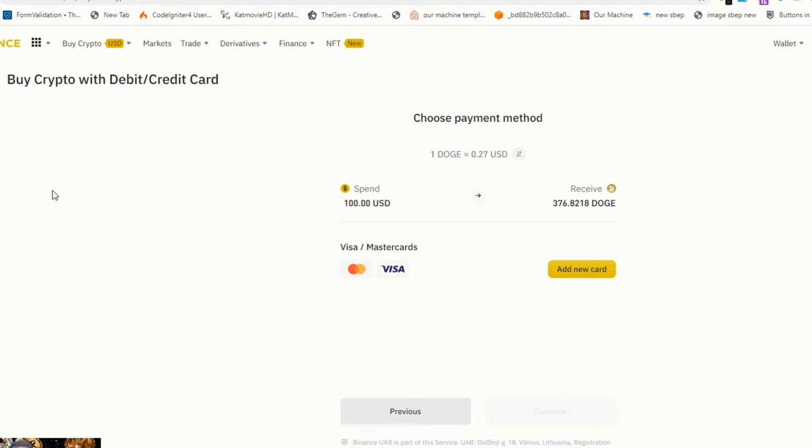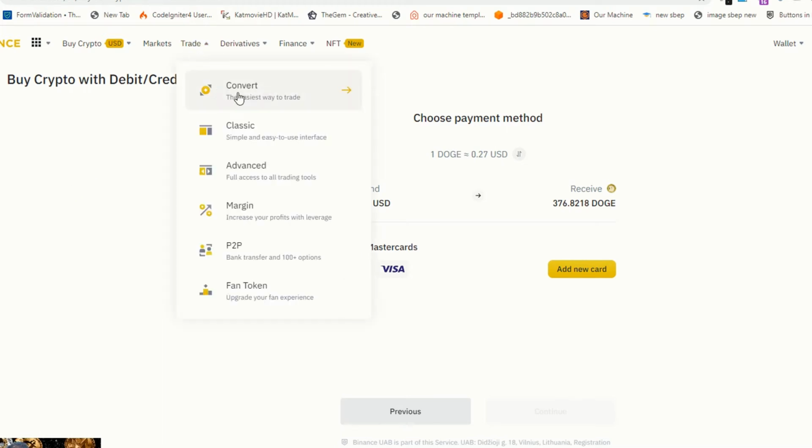You also have some options to convert your cryptocurrency. Let's suppose you have USDT, which is Tether, and you want to convert your USDT into Dogecoin. So how can you do that? Just go to Trade, and here as you can see, these are the convert options. You have the convert option, the classic option, and the advanced option. We are not going to discuss margin, P2P, and fan token.